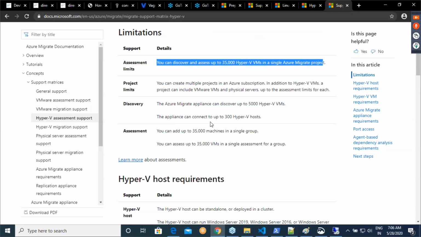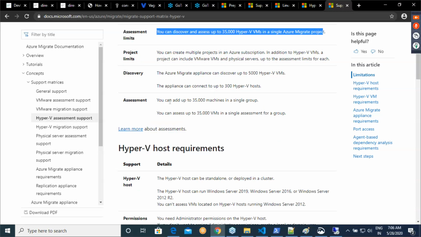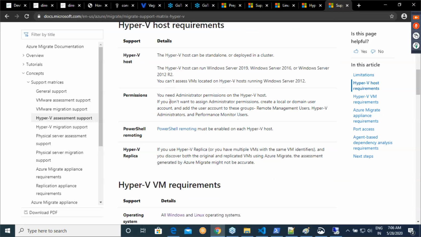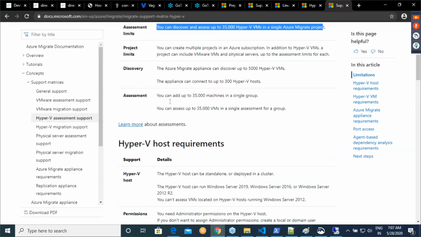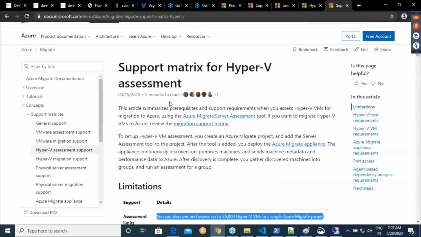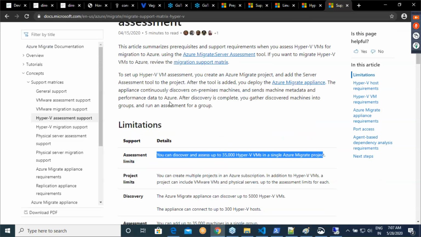The appliance can connect up to 3,300 Hyper-V hosts. Okay. And then we need to look into this whole stuff. Right now, since I'm worried only about assessment, I'll be looking into the migration when the time comes. Right. Okay. So have you done that tool stuff?